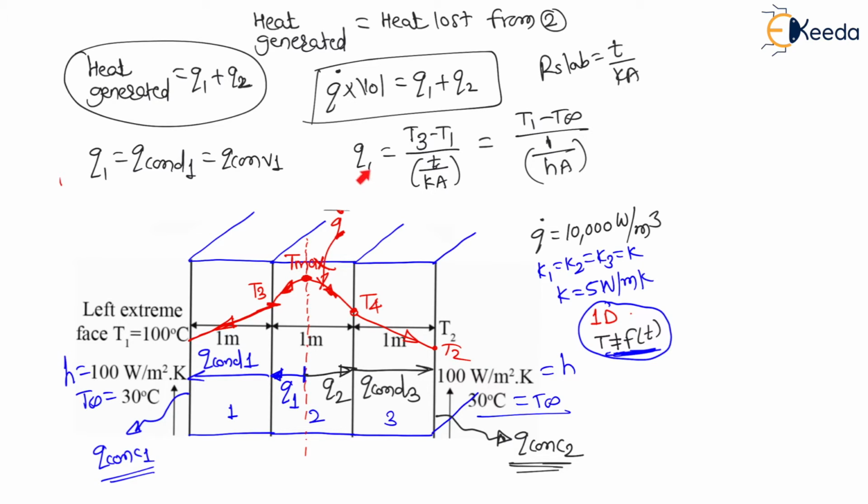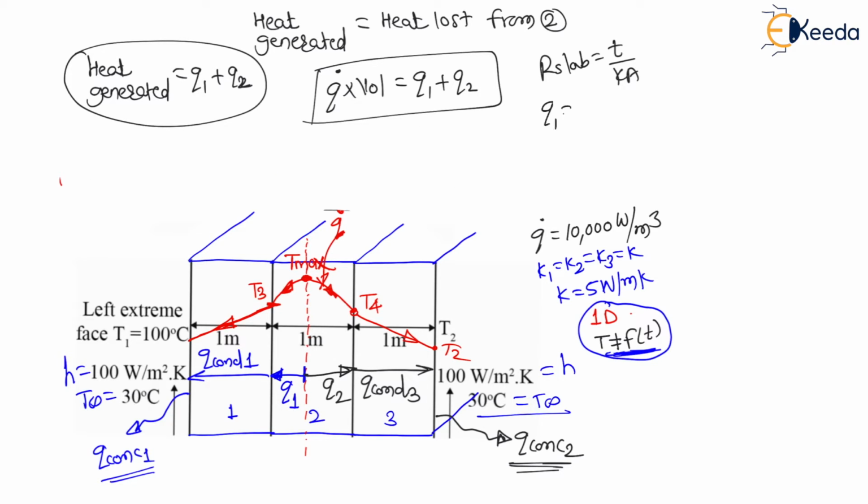So here we are going to use Q1 is equal to T1 minus T infinity divided by 1 upon HA, because T3 is not known. T1 and T infinity are known. Now, if I want to calculate T3, I will equate these two equations, because T1, T infinity, thickness, thermal conductivity are given. Area will get cancelled from both sides and I can calculate T3, right? But as the question is to find T2, let us not focus on T3. Let us focus on T2 only. So I need Q1. For calculation of Q1, I will say it is T1 minus T infinity divided by 1 upon HA. So let us write somewhere here, Q1 is equal to T1 minus T infinity divided by 1 upon HA. This should be the Q1.